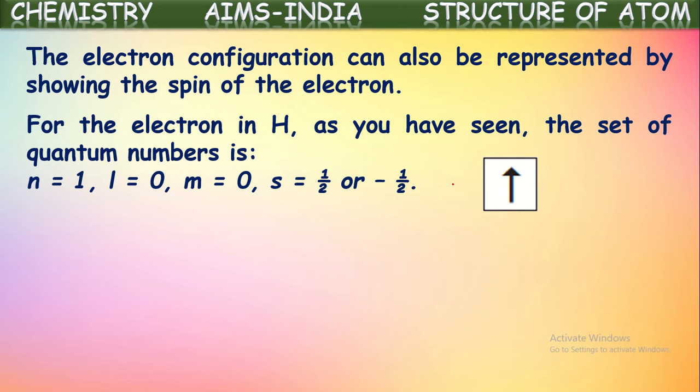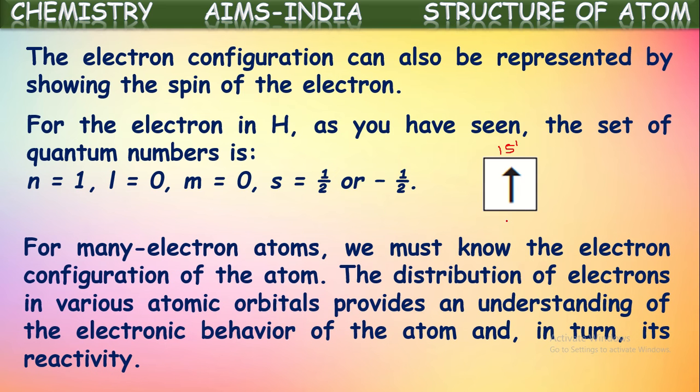So this box represents the s subshell. The s subshell contains one orbital, and it is in the first shell, so we can say 1s. In this there is only one electron, shown with the upward arrow mark, which represents a single electron with the clockwise spin. So it can be written now as 1s1, or the box with one electron in the upward direction, both representing the electronic configuration of the hydrogen atom.